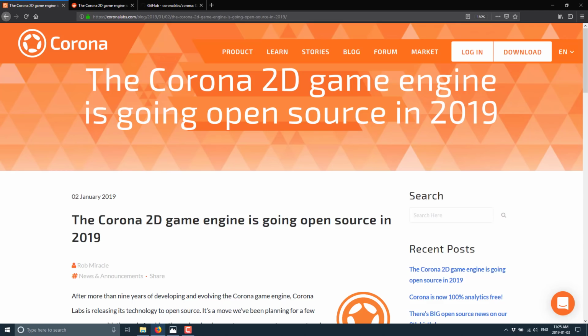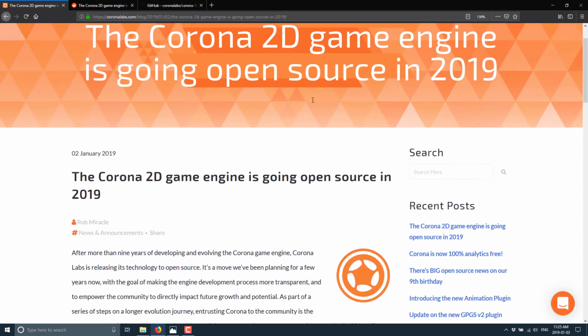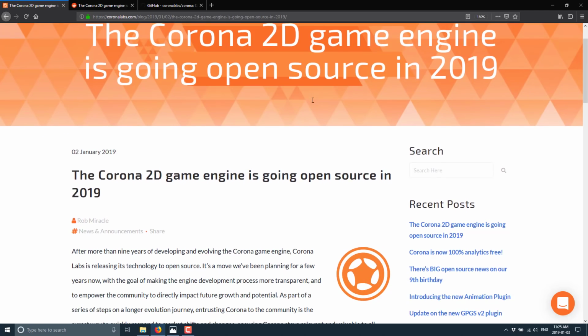So what is this about going open source? Well, this was actually announced a couple months ago, but they finally released the source code yesterday, which is why I didn't really bother covering it. "We are going to go open source" isn't really that much of an announcement. "We went open source," that's much better. And that's exactly what happened here.